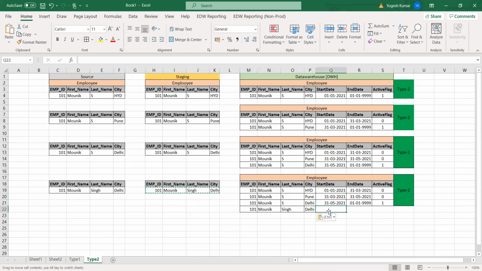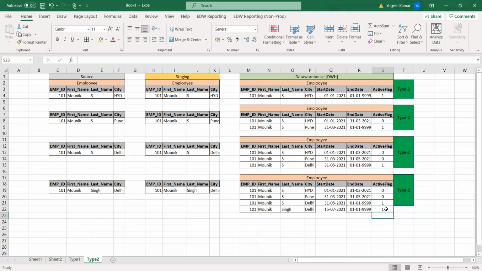Then we need to update the data against these columns. Monique, tell me what would be the data? You updated this on 15th of July, so what would be the data in these three columns? The start date would be 15 July and the end date will be null. Let's use the future date. And the active flag is also 1, I think. Yes. What else do we need to change?